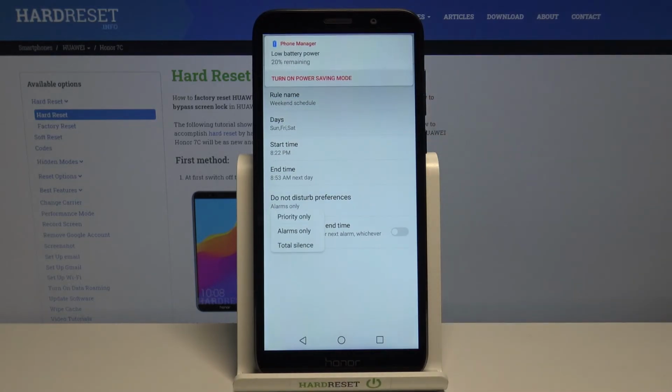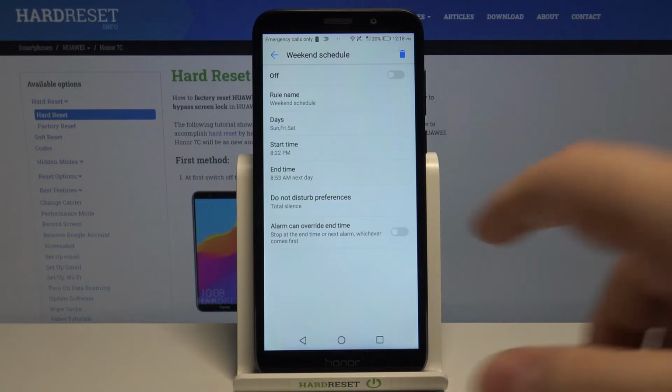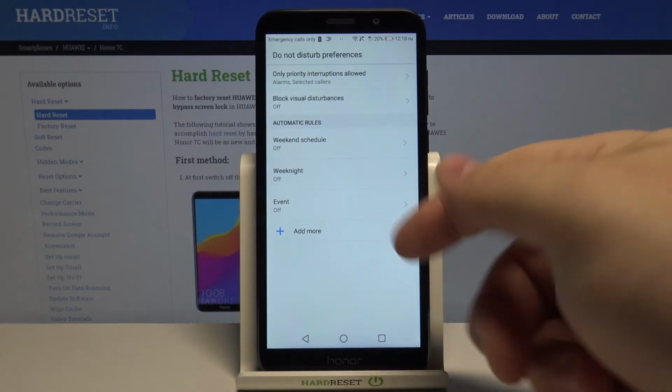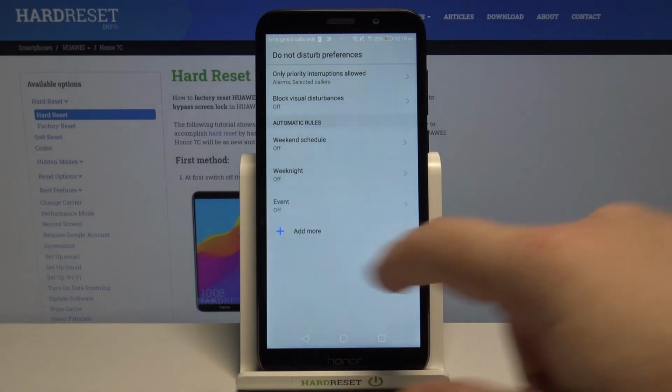Here we can select one of the profiles, priority only, alarms only, or total silence. I'm gonna select total silence. And at the bottom we have option that alarm can override the end time, and you can enable it or disable it. You can also add your own schedule by tapping add more, selecting the type, for example time rule,